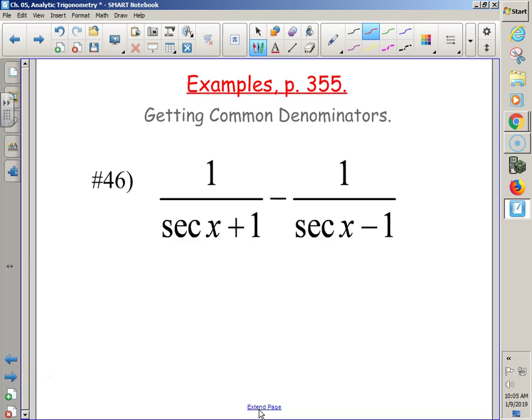But we don't have 2's and 3's. What do we have now? Secant x plus 1. Careful. We have little binomials. We got to keep them grouped if we start multiplying, or else we'll make some huge distribution sign errors. We have secant x plus 1 that we need over there, and then over here we must need